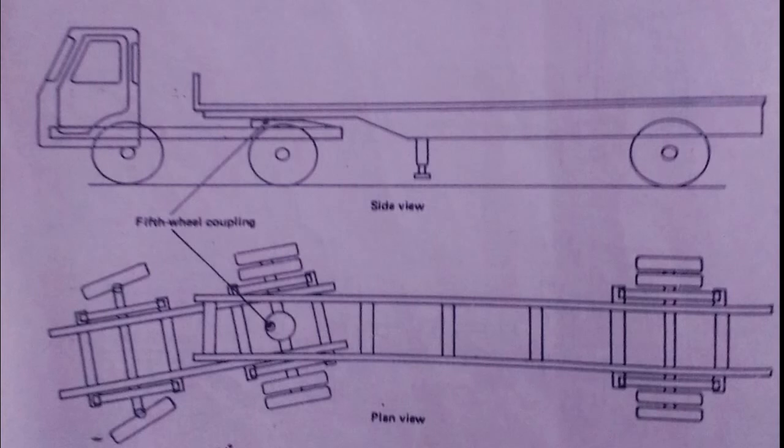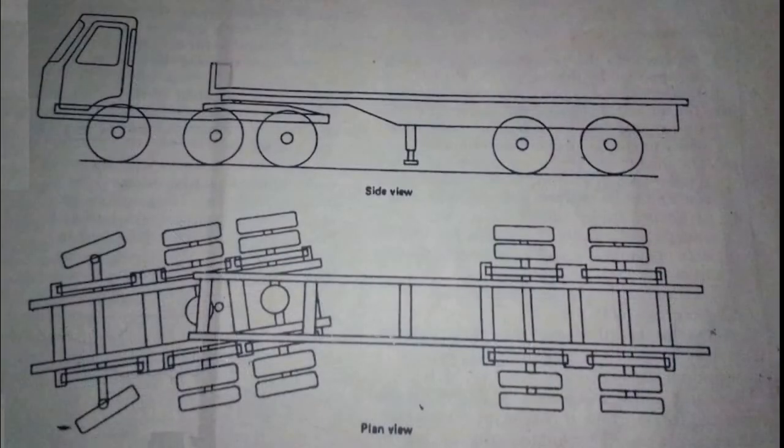Then this one is an articulated, this is a 4x2 rigid truck with an articulated 2 trailer. 2 trailer means 2 wheel locations on the trailer. But 4x2 means 2 of those 4 wheel locations on the rigid tractor are for driving wheels. This one, you have the rigid tractor here,